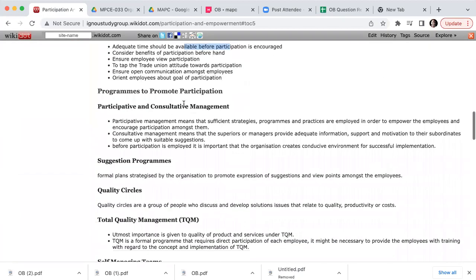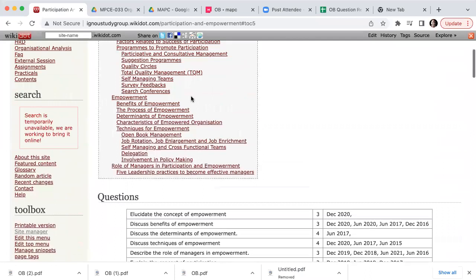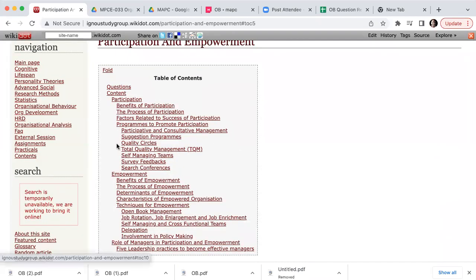Now we are going into the programs that you are going to run to promote participation. There are various programs which we have talked about even before. Some of them we are very aware of. Quality circles. I think all of us know what quality circles are, because people are participating in the quality initiative and they feel ownership. Total quality management. Here you are creating quality which is people oriented. They are part of your entire quality related management aspect.